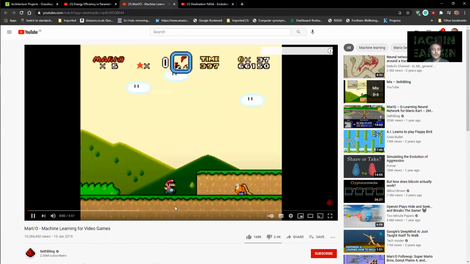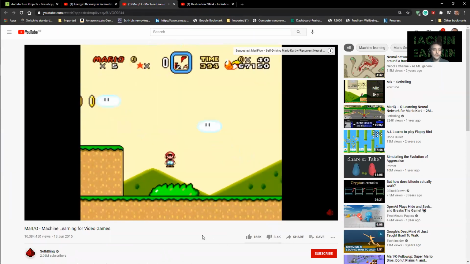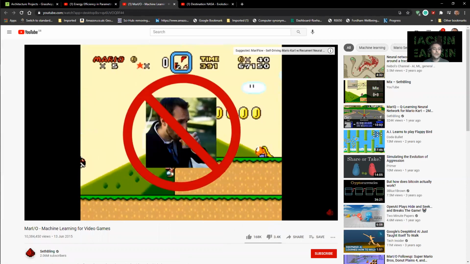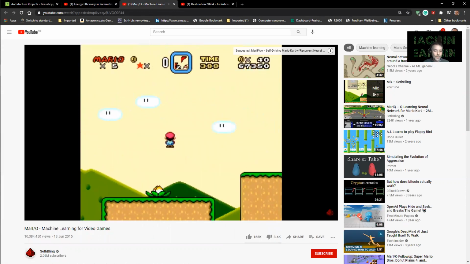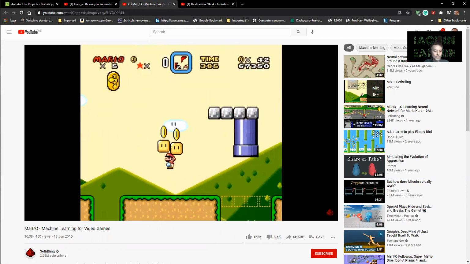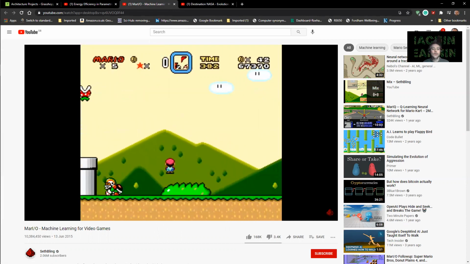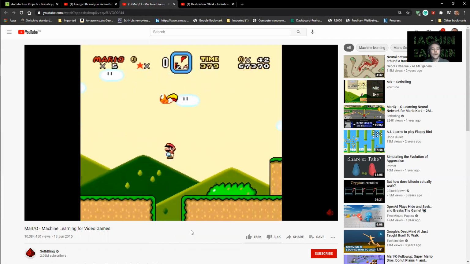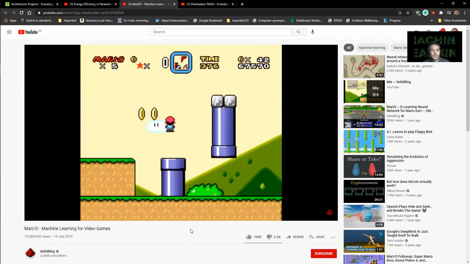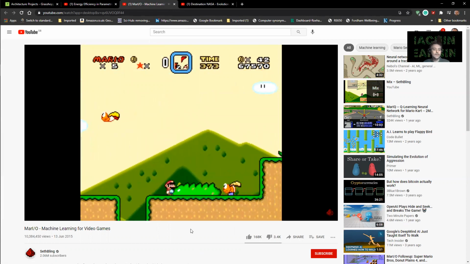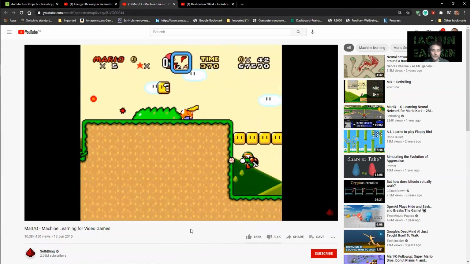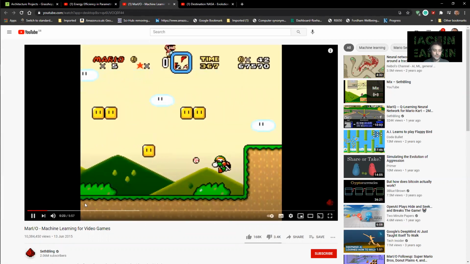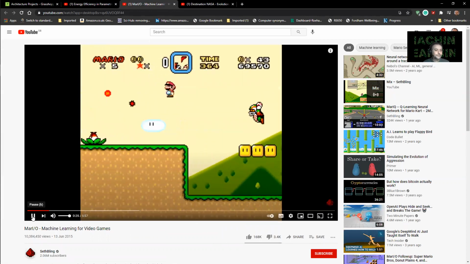Here you're watching a skilled player play Super Mario World. But this player is not human. It's not a computer program I wrote called Mario. This program is a neural network that started out knowing absolutely nothing about Super Mario World or different Nintendo games. In fact, it didn't even know that pressing right on the controller would make the player go towards the end of the level. It gradually learned all of these strategies to win this game through a process called neuroevolution. In this video, I want to teach you about